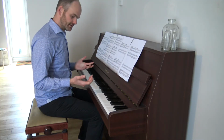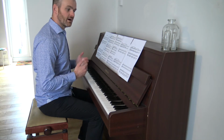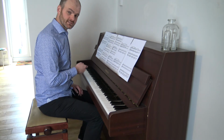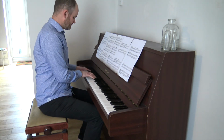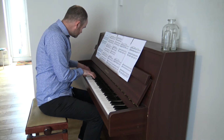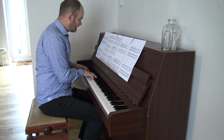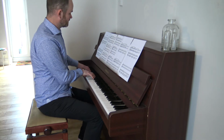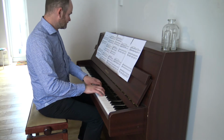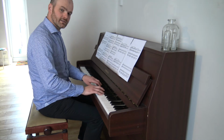Okay, so that's the different sections, looking at the primo and the secondo part and how you put them together. Now let's think about how the whole piece is structured and how all the different parts fit together. It starts down here with the secondo part playing this looped idea. This keeps going, and at this point the primo part plays 2, 3, 4, 2, 3, 4, 2,